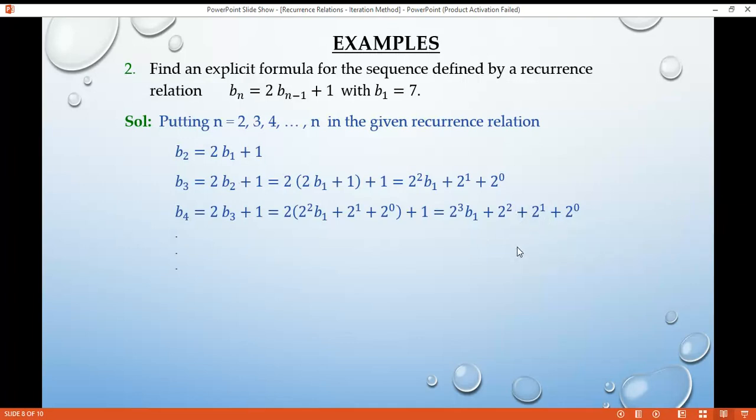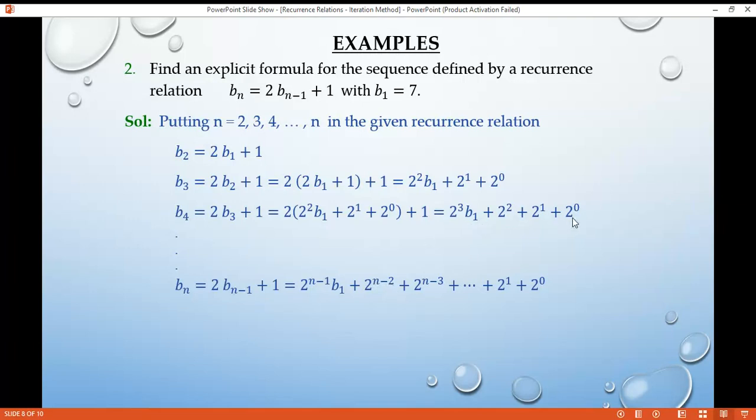So on and so on, and we write our nth term, that is bn equals 2bn minus 1 plus 1. Now we express this term in terms of b1. So how can we write this? We know that b4 is 2 raised to the power 3 b1 plus, so here we calculate n: this is 2 raised to the power n minus 1 b1 plus 2 raised to the power n minus 2, because here we have the terms